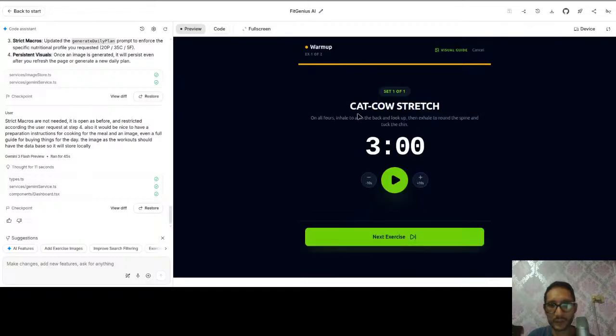Okay, let's start. Stretch, cat cow stretch. That is the warm up. It's okay. Next exercise. Step into front. Yeah, it is okay. But it changed here. There is no skip. Something happened with the skip.